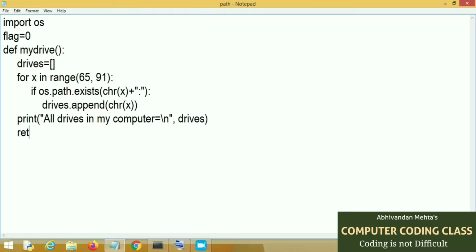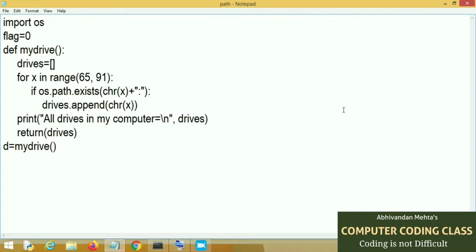Now we will return this function. Next, we will run this program.